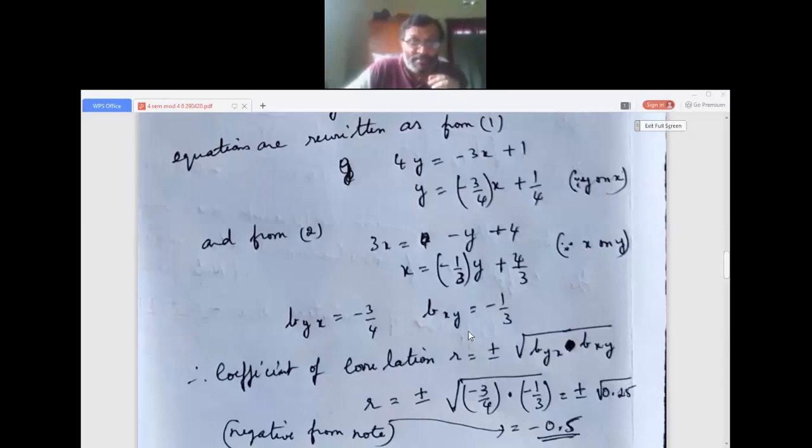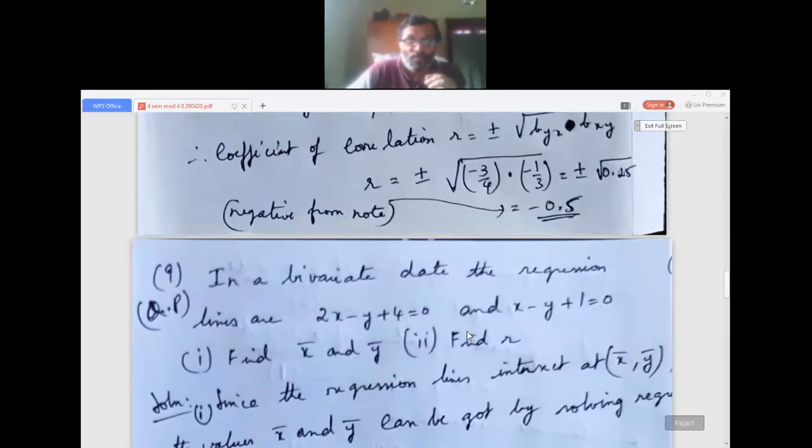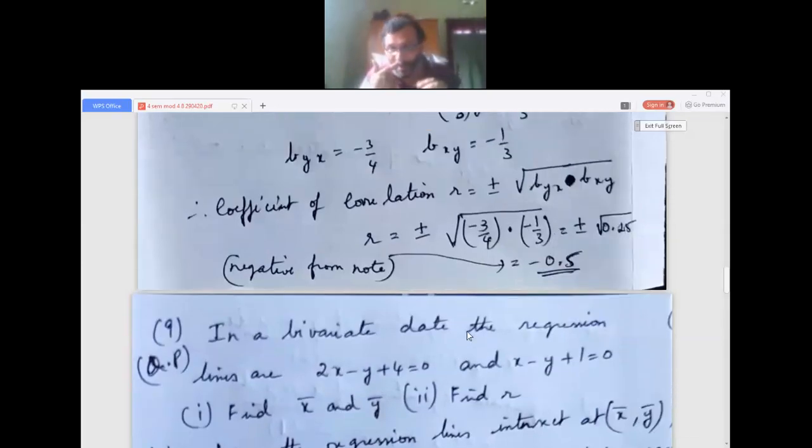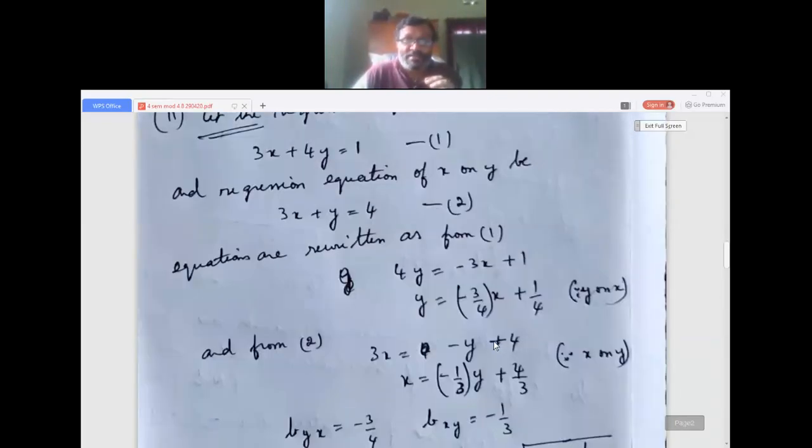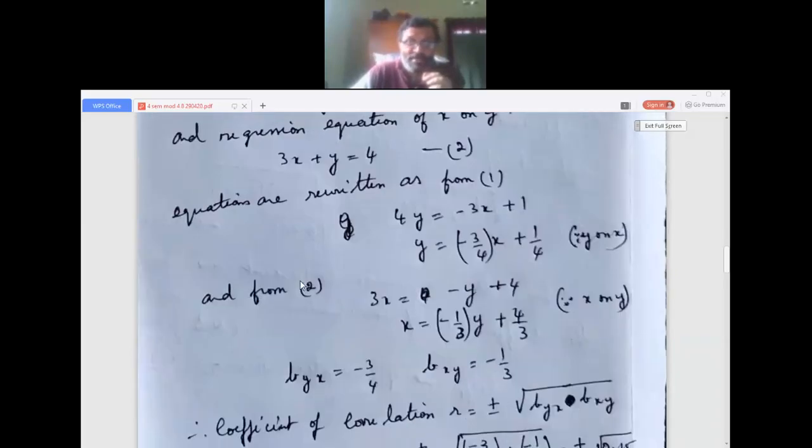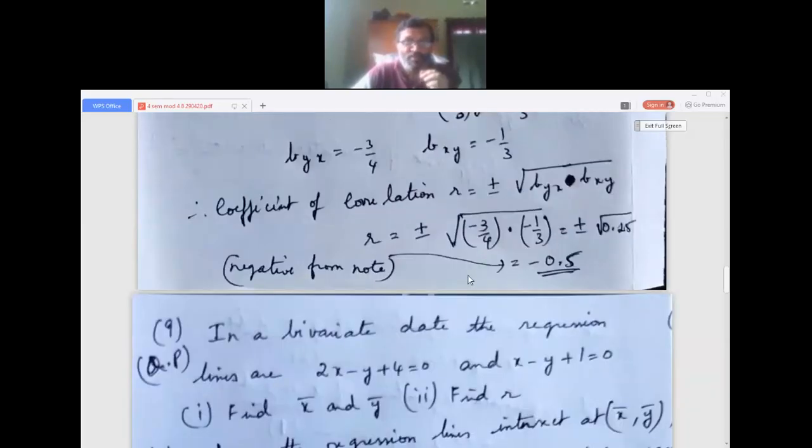Now, sometimes this question will have some problems. That is, sometimes it will not come directly like this. Why, I will tell you. Because there will be a problem in the assumption. Here we assume, let the regression equation of y on x be this. There will be a problem sometimes. At that time you will not get the regression answer correctly. So what it is, you will see in the second problem, that type of argument.